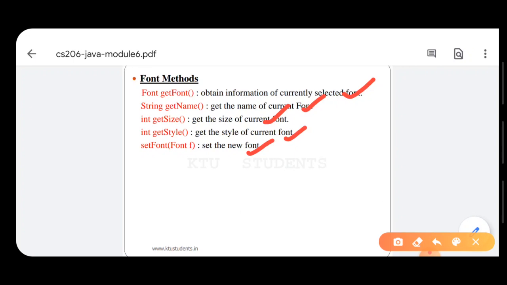If you want to set a new font, we can define set font. When we want to get or access information corresponding to the current available fonts, we use the get methods. If we want to set a new font, we use the set method. Is it clear? This is all about font class.